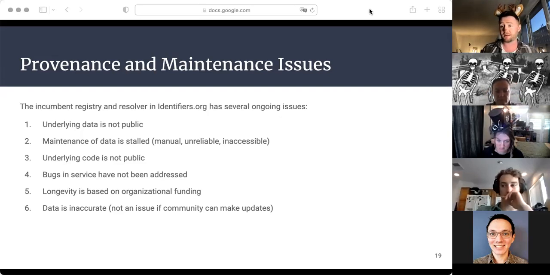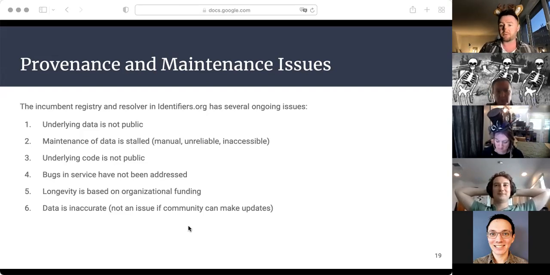especially if things like maintenance are predicated on organizational funding. If everything's based on that, then when funding dries up, the service ends, and people who are relying on it are going to have a big problem. And so we have to think of ways to make services that have this longevity, that aren't based on funding, aren't based on a small closed group of people maintaining it, and aren't based on anything that's proprietary or closed or internal to an organization. It has to be open.